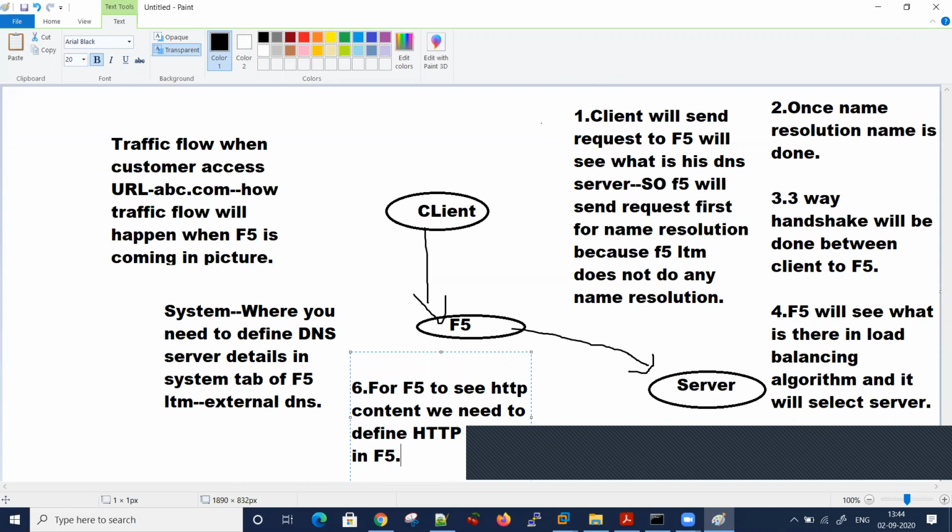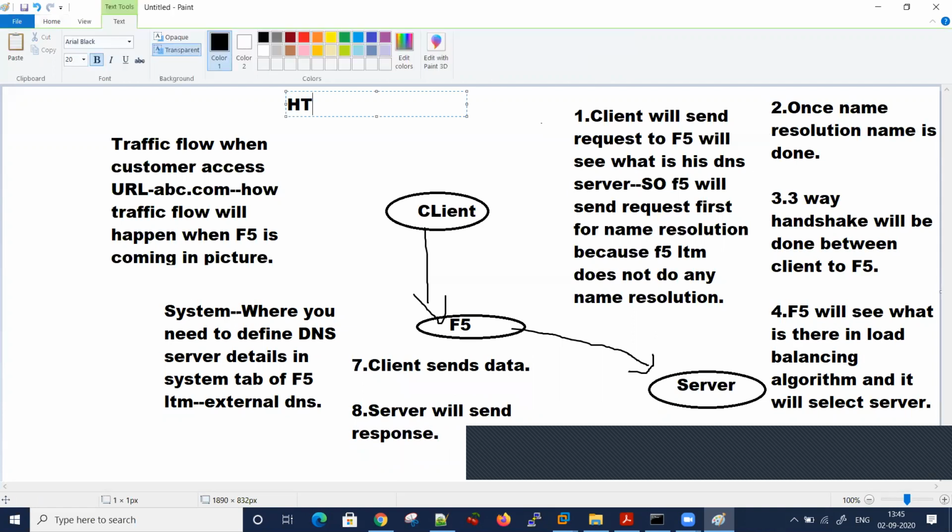Like there is a persistence profile and an SSL profile, which we will cover in detail. Once the client sends data, the server will send a response. So here it's HTTP GET and HTTP response.